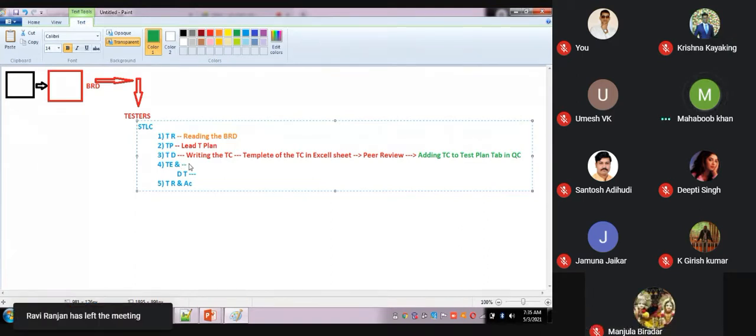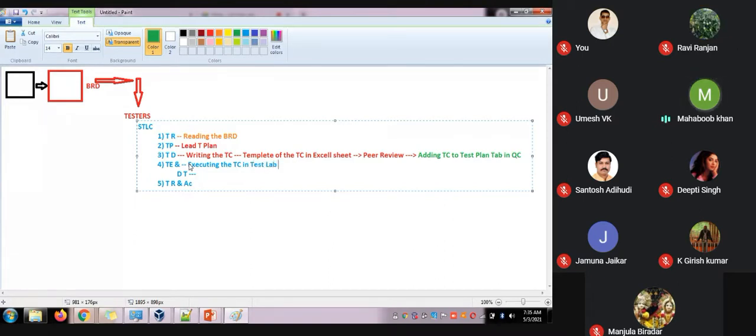You will be executing the test case in the test lab tab in Quality Center. Try to understand. That's what we learned in the slides, correct? Defect tracking: you will raise and track